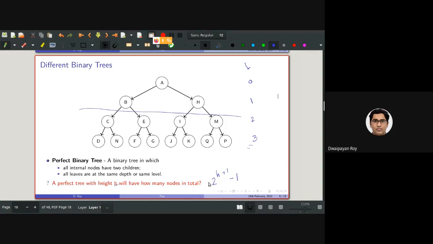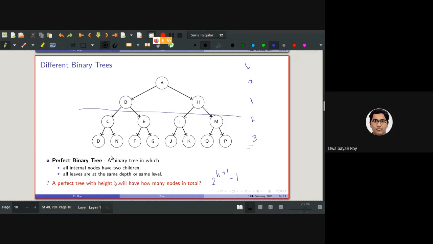So basically 2 to the power 2 minus 1, which is 3. So up to level 1, we have a total of 3 nodes in a perfect binary tree.